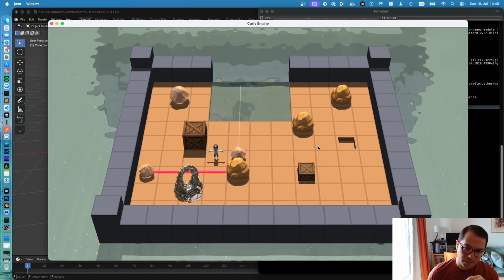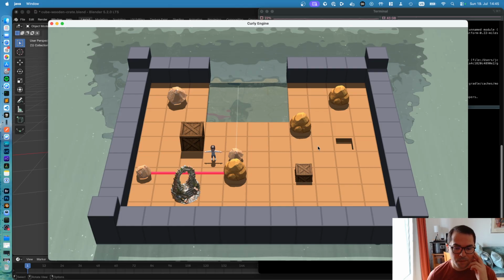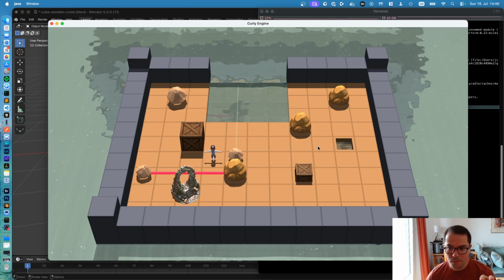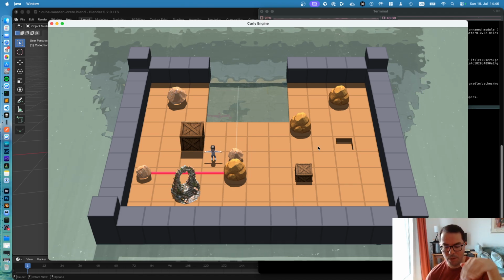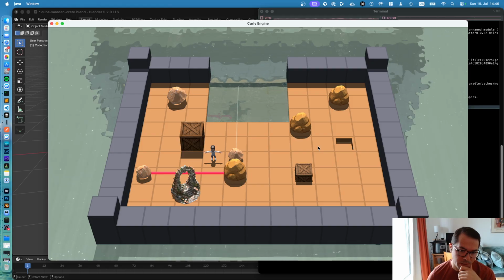So let's play this one here, which is the default level. This is how it looks right now. In terms of view, it is this slightly angled field of view. It's a top perspective, but it's angled down a little bit, so the camera is pointed a little bit down. I think it's at 22 degrees at the moment,